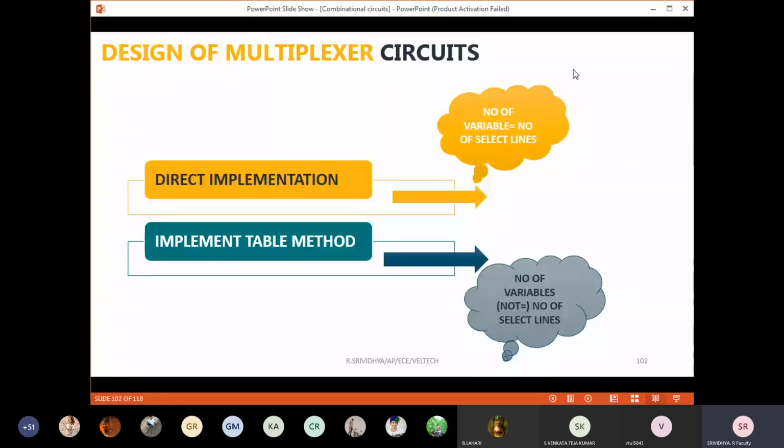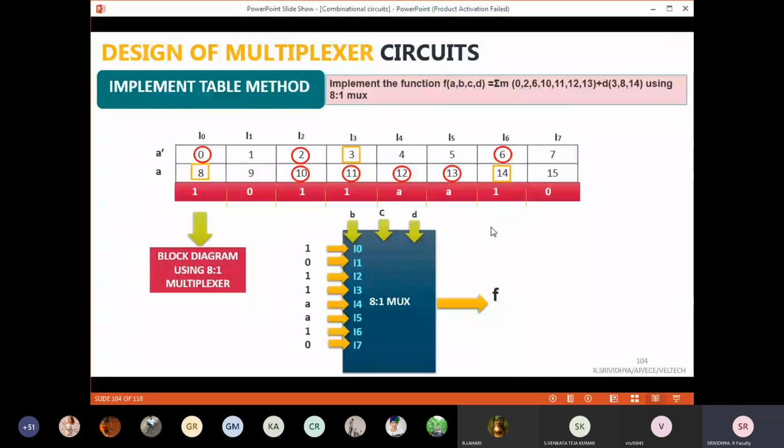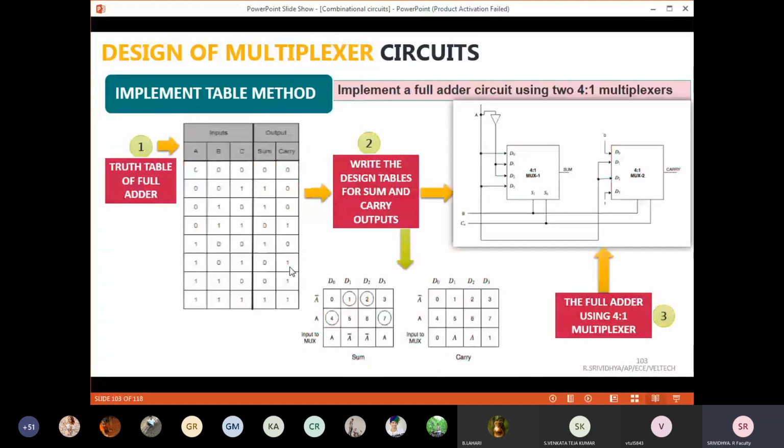If I use 8:1 multiplexer, then directly, now what I will do, if it is my 8:1 multiplexer, no fear, you forget about this example. You just imagine this is your 8:1 multiplexer. Okay. For a full adder, for a sum you will use one 8:1 multiplexer. For carry you will use one 8:1 multiplexer. So now where you will put your 1, you will put it in the places of 1, 2, 4 and 7. 1, 2, 4, 7.